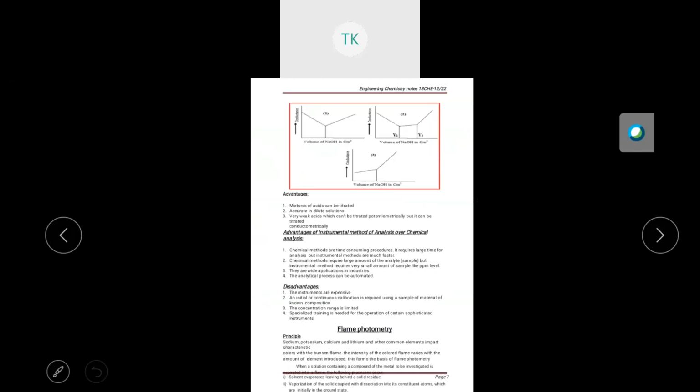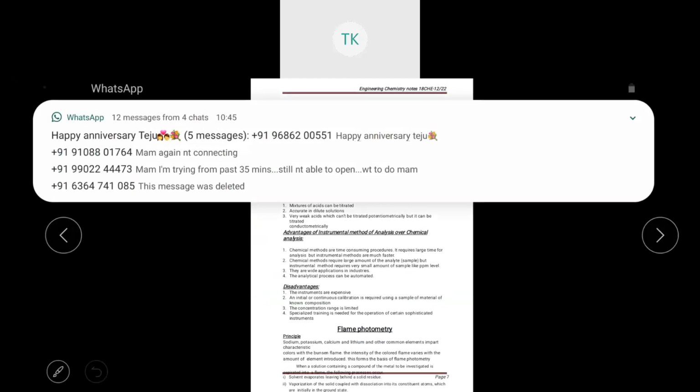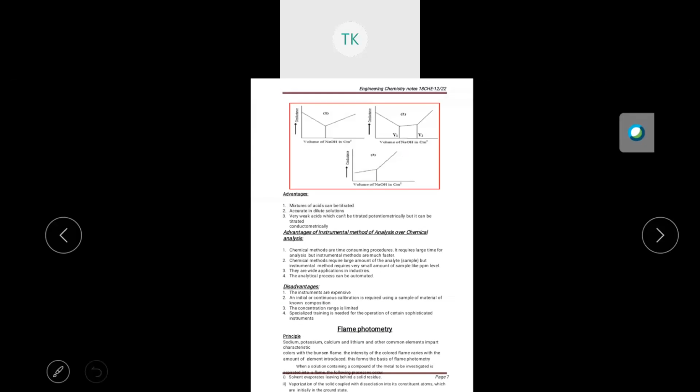Due to the acetic acid, the conductance value is very less, very low. Then once you add NaOH, initially the conductance value is very low. It is due to the acetic acid. Once you start adding NaOH, that is a strong base, then the conductance value will increase very drastically. You can see here. So initially it is very less because of acetic acid, and then the conductance value will increase. It is due to OH minus ions.